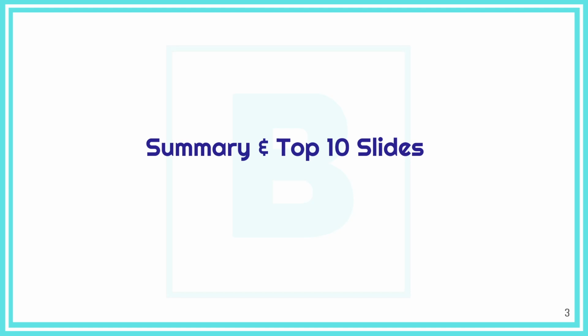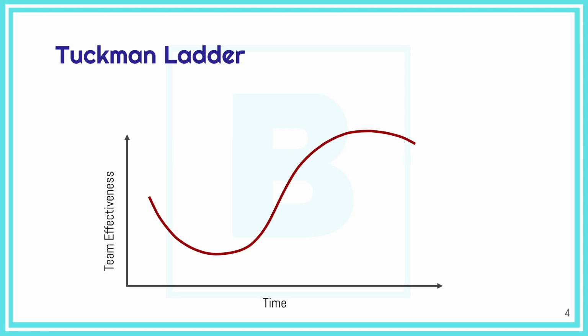Okay, so we started section 3.4, the team collaboration, and the first thing we started with was the Tuckman ladder, the importance of this ladder to understand, as a project leader, as a project manager, the different phases your project team will go through. We said that first, when you acquire your team, when you form your team, the team is working in silos. No one knows no one, so people start getting introduced to each other, knowing each other,